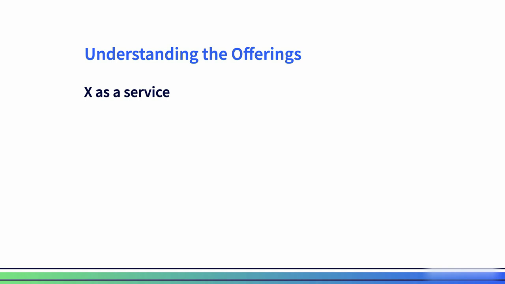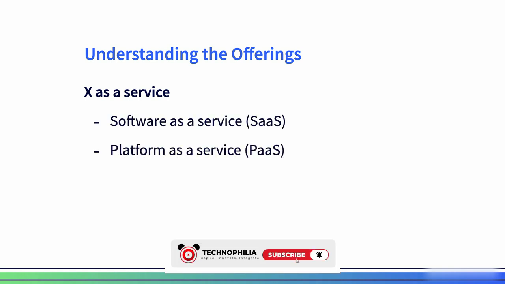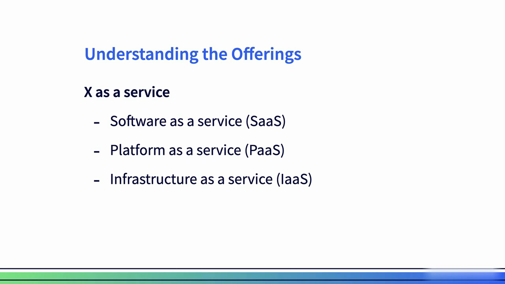Let's look specifically at these three here: software as a service, platform as a service, and infrastructure as a service. Those three types of offerings are available with Microsoft Azure. The main difference between them is essentially how much of the work you'll be doing yourself versus how much of the work will be managed by someone else. And that someone else is usually a cloud provider. So I'm actually going to work my way up and down this list, first starting with infrastructure as a service.